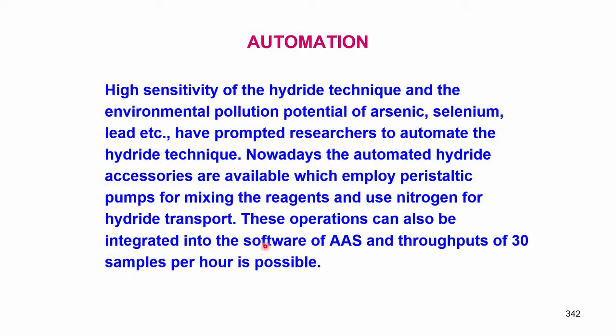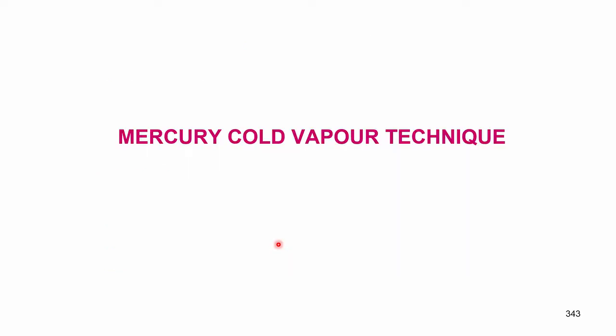So, this time lag can be automated. Say I add the sample now, after 1 minute later this pump nitrogen gas will switch on and push all the sample. So, it gives me also a way of controlling the whole reaction for a number of sample analysis, that is the beauty. So, these operations can be integrated into the software of atomic absorption, and throughput of 30 samples per hour is possible, and there we end our discussion with respect to